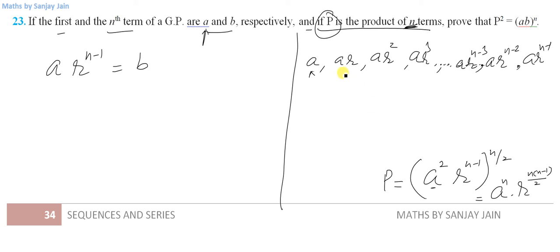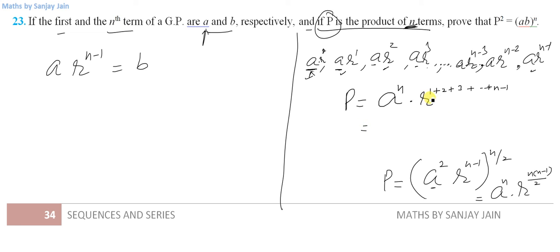And that is, how many terms are these? These are n terms, right? So in each of these terms there is an a, so a into a into a into a, how many times? n times. I'm talking about the product of these terms. So a raised to power n, and this is r raised to power 0, r raised to power 1. So how will this product look? I don't have to write r raised to power 0 here, because I am writing the sum of these powers. So 1 plus 2 plus 3 plus up to n minus 1 will be the power of this r.